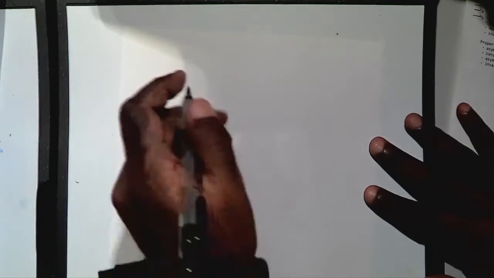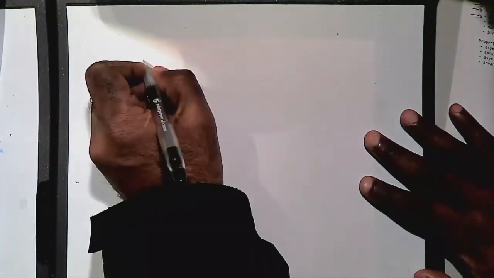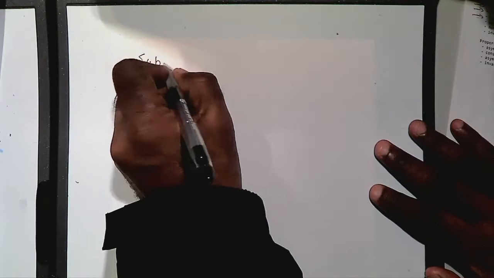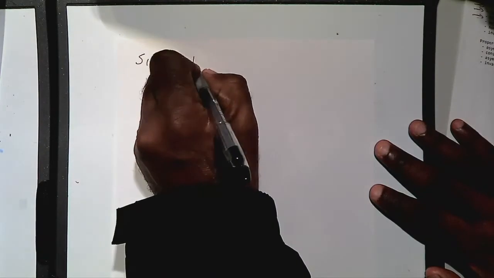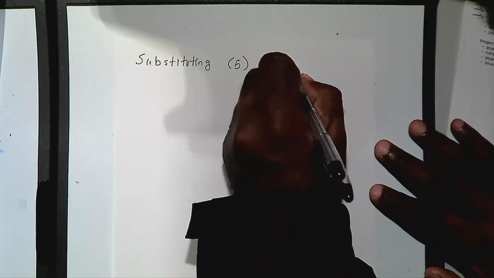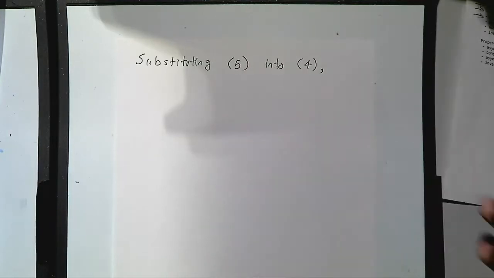Okay, and once you find the solution for B, do you guys follow me or not? Right. I mean, this is simple algebraic manipulation. There's nothing more to it, right? Okay, once you find B hat, you can come from equation, so call this equation 5, right? Substituting, right, if you substitute 5 into 4, you get